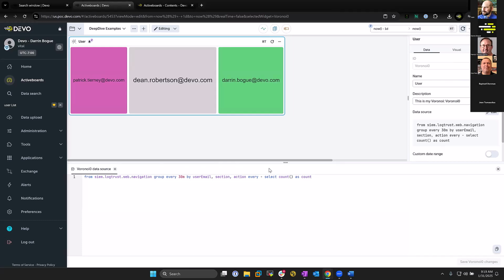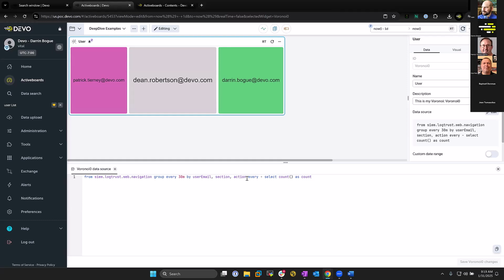additional tabs with all the editing available, and that can be very helpful if I need to switch back and forth. If I'm doing some interactivity between widgets, which we'll do here in a sec, having both queries open all the time or 10 queries or whatever it is can be helpful, so I can quickly switch between widget queries and do the editing that I need to do. The editor is